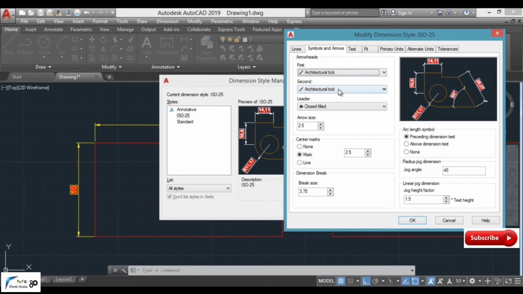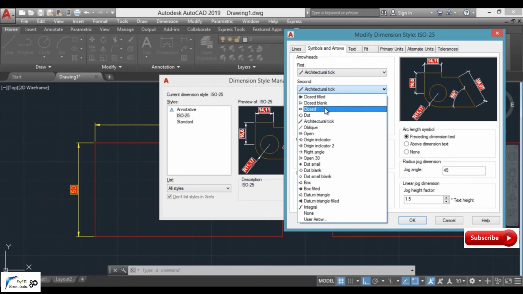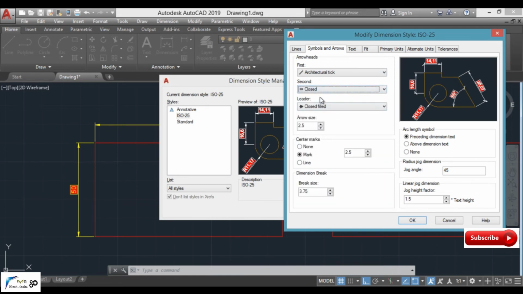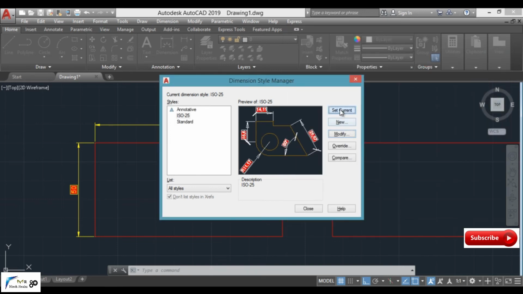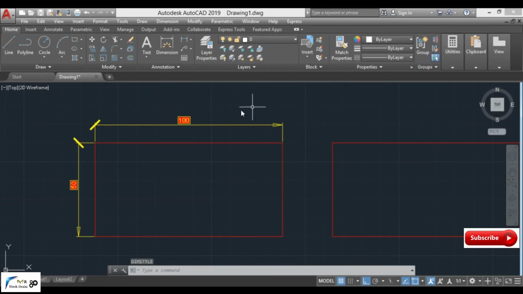Suppose for instance I am selecting Closed for the second arrow. We can decide the arrow size from here and click OK. Now Set Current, click on Close, and the changes appear in front of us. That is, the first arrow is oblique and the second one is like this.